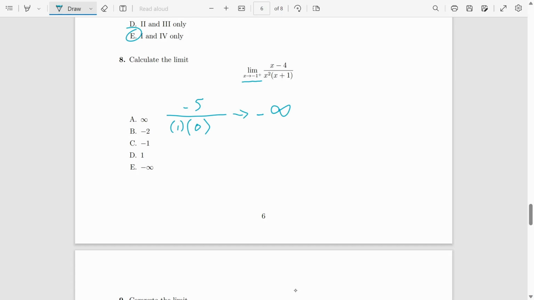So in this case, where our answer is infinity, we know that our limit will end up being either positive or negative infinity. So we can cross these ones out. And before you just instantly say, oh, it's negative infinity, we found our answer, before you jump to that conclusion,